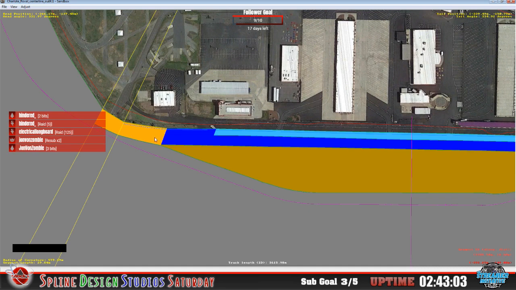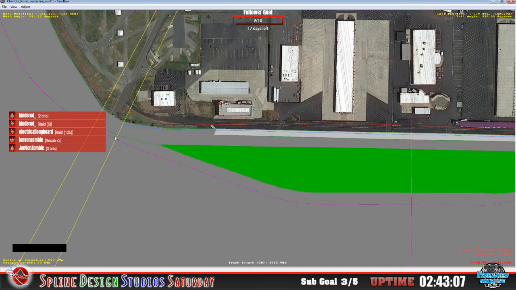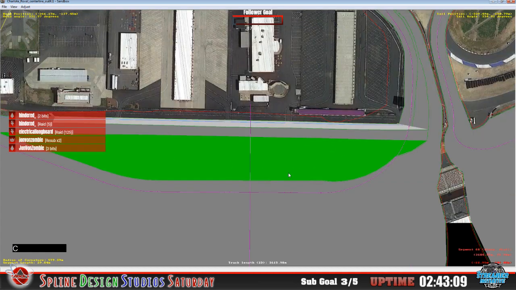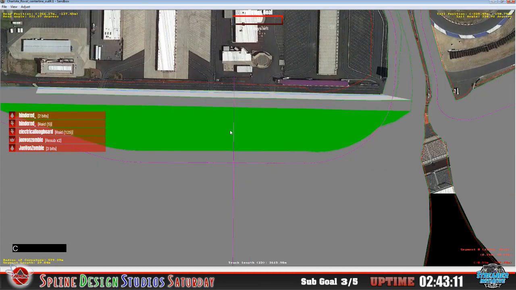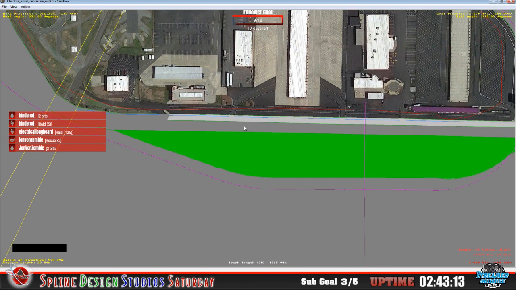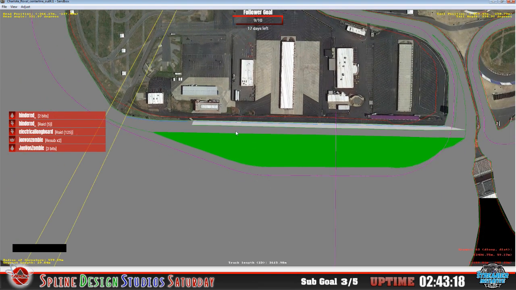This should work pretty fine. That should be fine. Let's go back to surface types. Good there. So this is all grass, as opposed to asphalt or concrete on our pit stalls. Okay, now